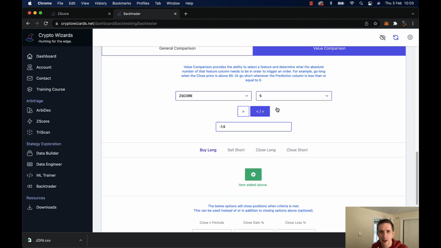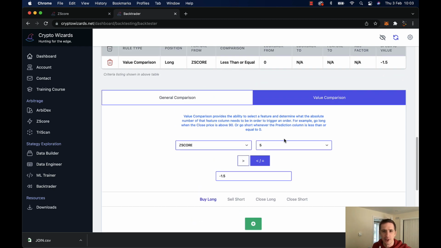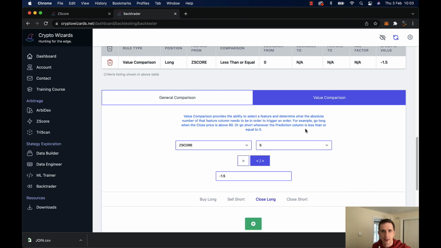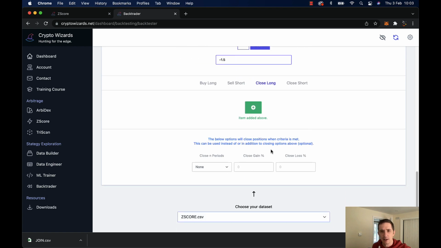So what I'm going to do now, I've got what's going to go long on the position here. I could add a close, close my long if something happens, but I'm not going to do that. What I'm going to do here that I like to do, because I don't know why this is, but I find this time and time and time again with pairs trading in crypto on hourly data,